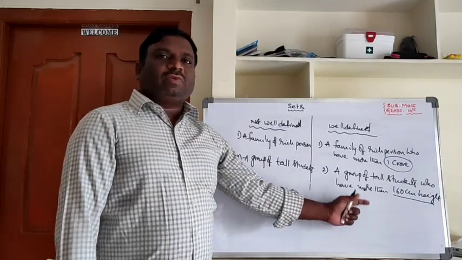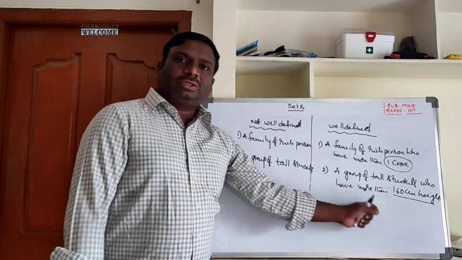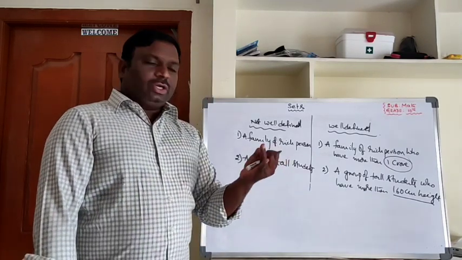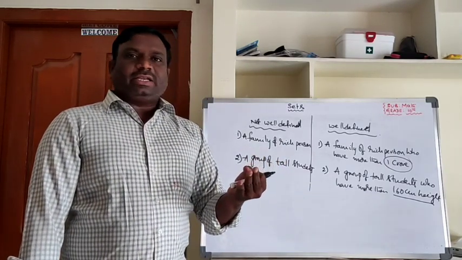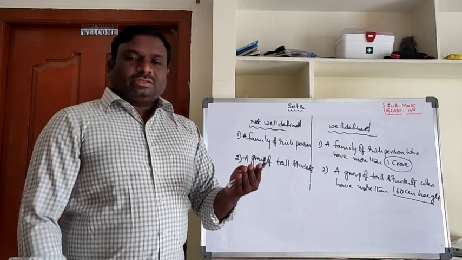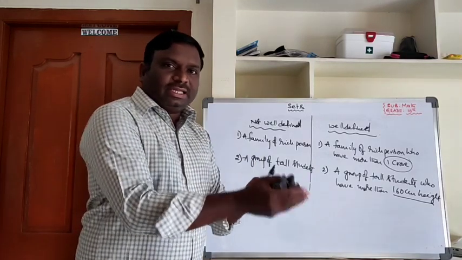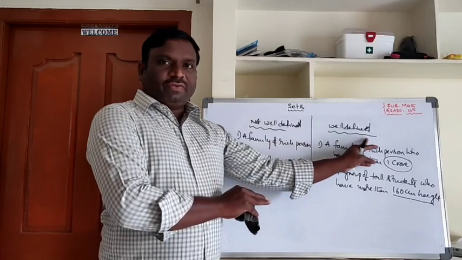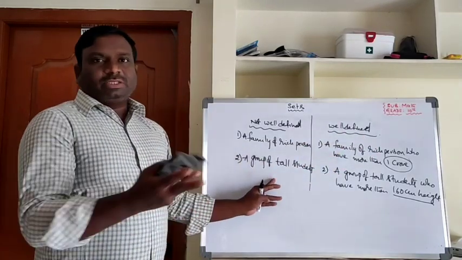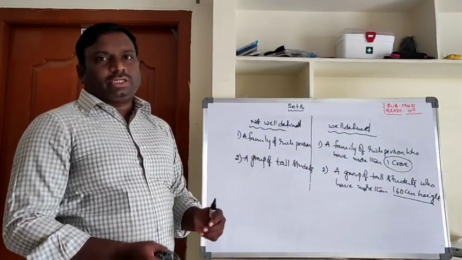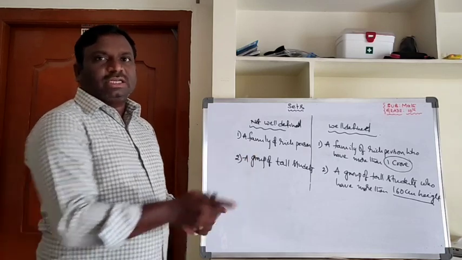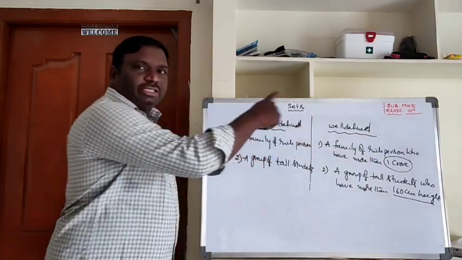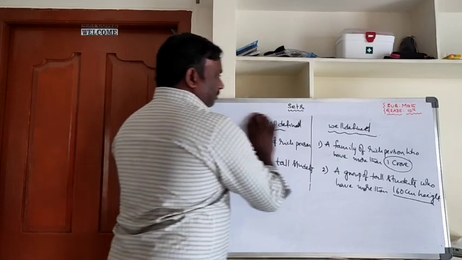Then you can take, that is well defined. A group of natural numbers which are less than 10. That means 1, 2, 3, 4, 5, 6, 7, 8, 9. So there we defined less than 10. That's why it is well defined. A group of numbers means we cannot define what numbers we have to take. That's why it is not a well defined set. That's why it is not a set here. If it is well defined, then it is a set.